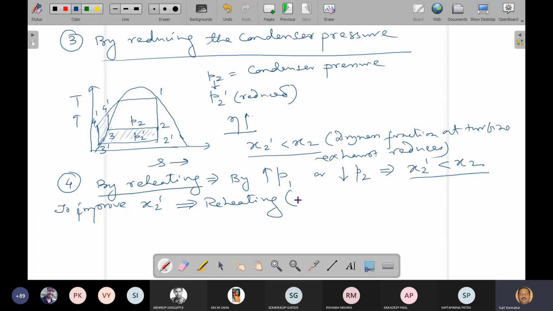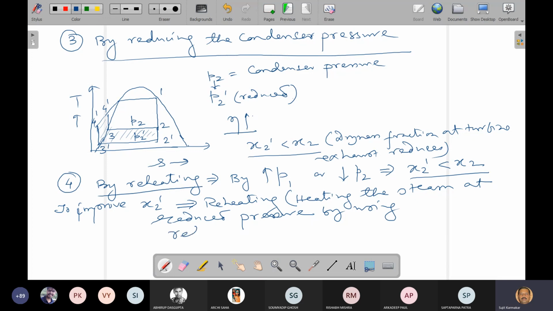And what is reheating? Reheating is actually heating the steam at reduced pressure by using a reheater. So reheating is actually heating the steam at reduced pressure by using a reheater. In this case, one more point you should remember, in place of